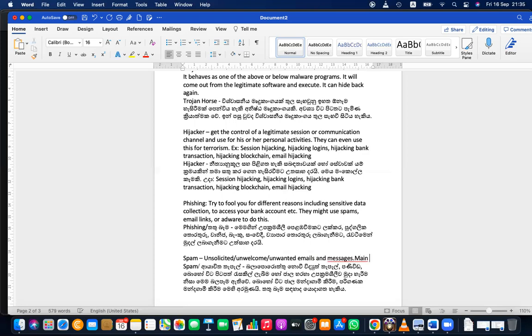The main intention is to increase network traffic and also misuse storages.